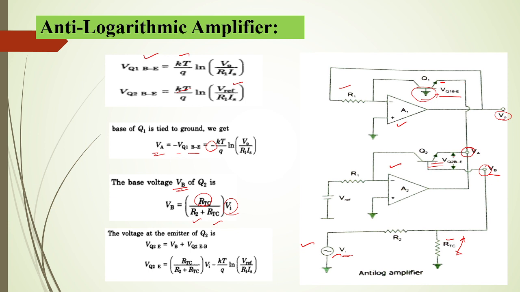Emitter voltage. While considering this V reference also, we are having some voltage effect here. With respect to VB also, we are having a voltage at this point. So what is this voltage at this point? The emitter voltage in Q2 is due to the VB and also due to the V reference. So this is due to V reference and this is due to VB. So applying this,